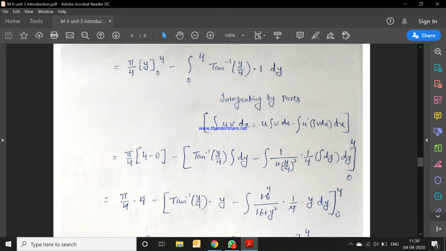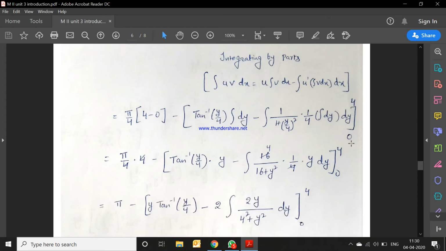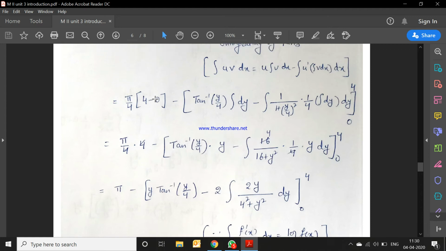In the place of x we have y by 4. So y by 4 whole square into y tan inverse y by 4. So now you can write the derivative of y by 4 with respect to y is 1 by 4 and integral dy into whole dy. Limits are 0 to 4. Here upper limit is 4, lower limit is 0, so that's why we can write pi by 4 into 4 minus 0. It is pi by 4 into 4 minus tan inverse of integral dy is y, and it is